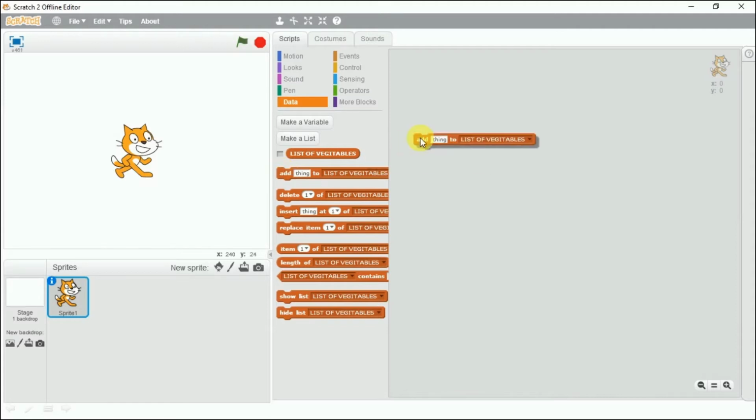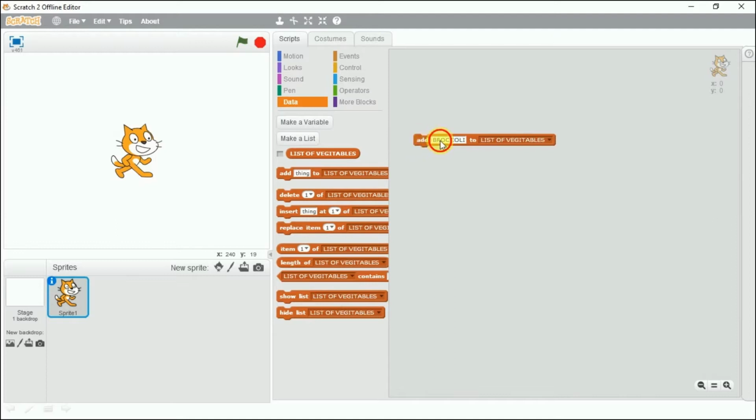So let's take this block and add items. First let's add cabbage, and click add. Then broccoli, and add.